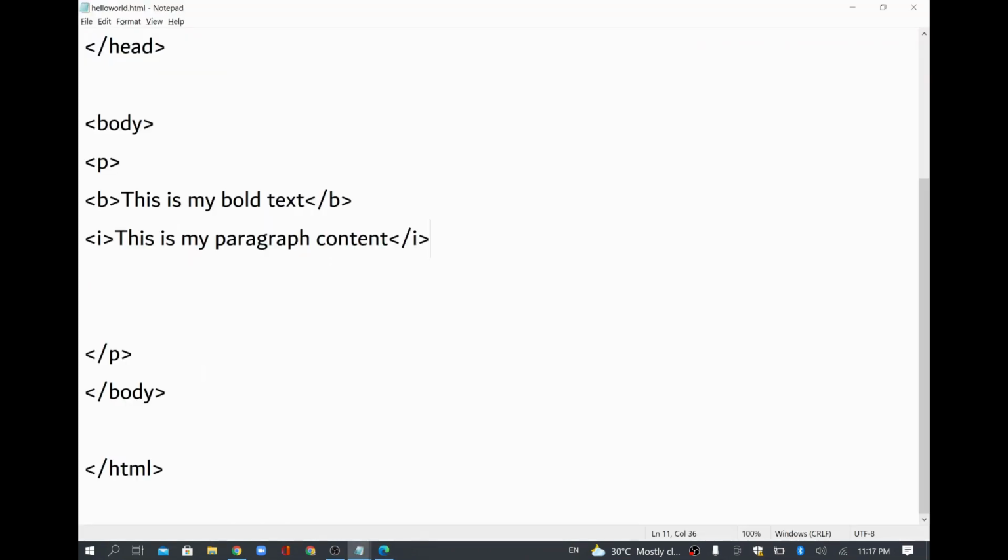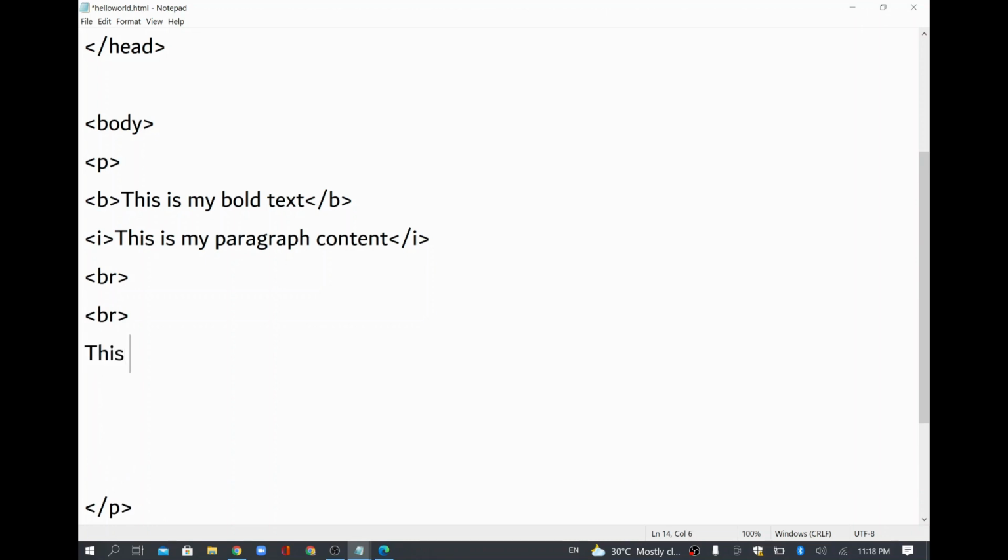So this way, and also every tag starts with a starting tag and an end tag. Okay, so there are some tags like BR, which will give a new line, which is kind of a break, and which will not have an end tag. So for example, I wanted to enter a few empty lines, and then I wanted to type my content.